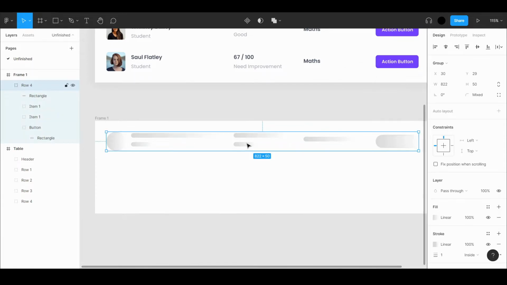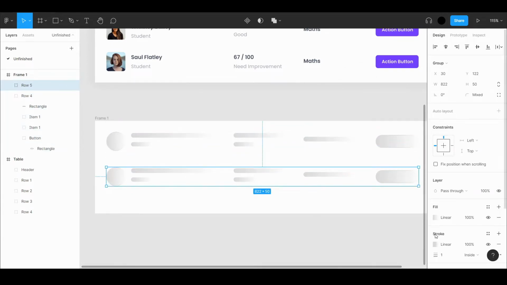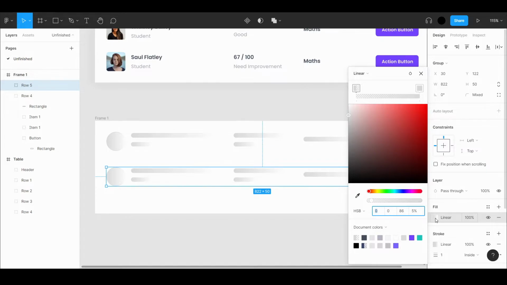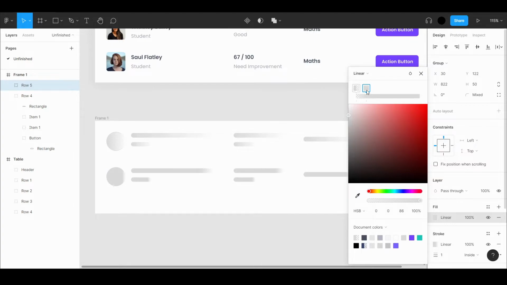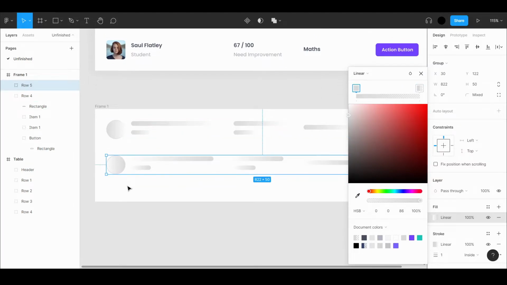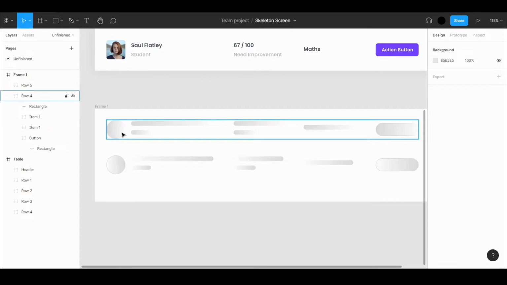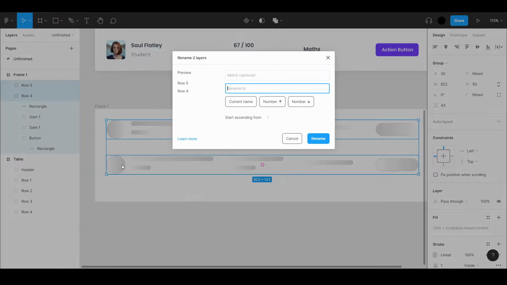Then I will just simply duplicate this here, and you will change the position of box from left to right and right to left, just like this. So now we need to rename these properly because we are going to create a component set. So I will type a skeleton.